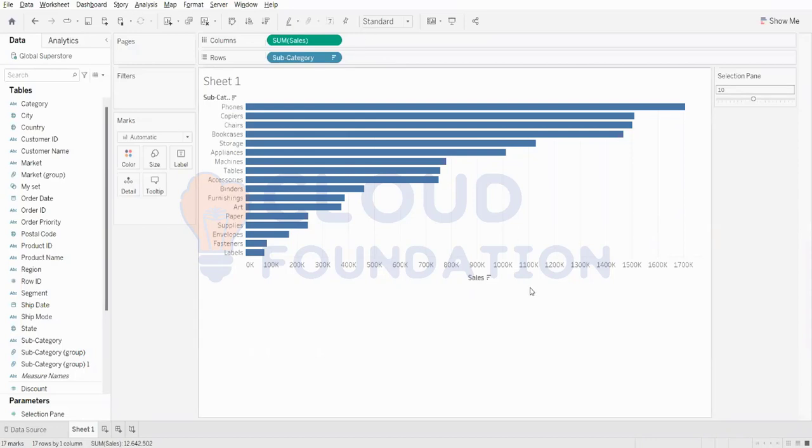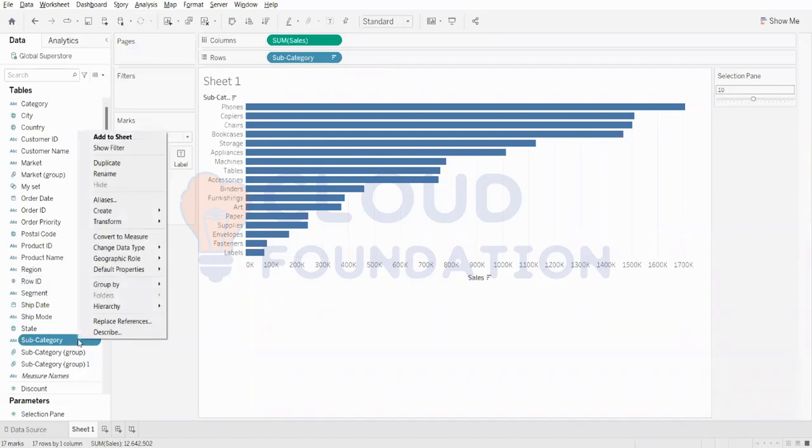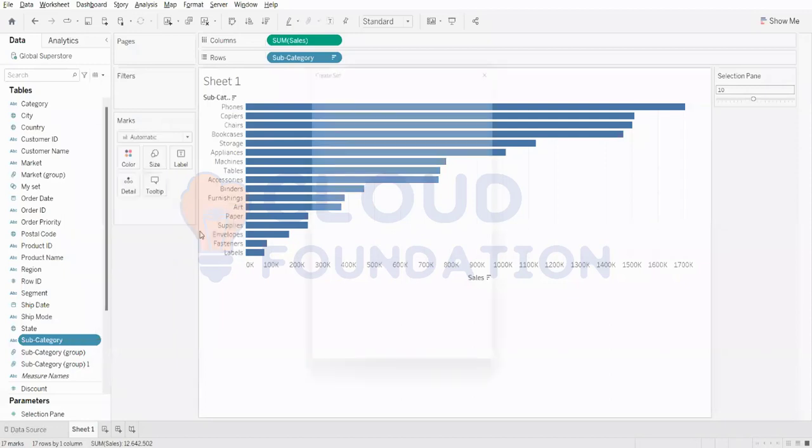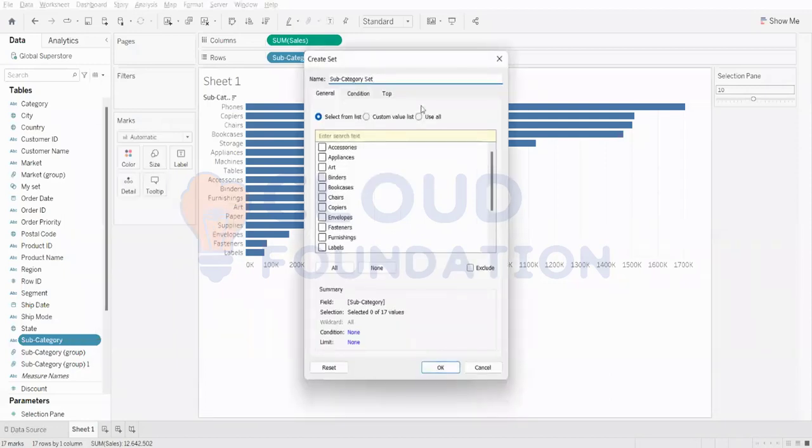So let us first create a set. Okay. Here I go to my subcategory and I right click. If I go to Create, see there is something called a set, right? So let me click on this set. It shows me the subcategory set. So in my subcategory set, what I want